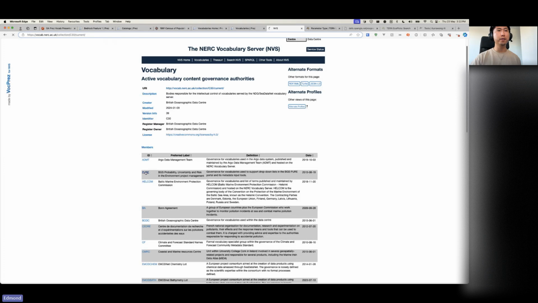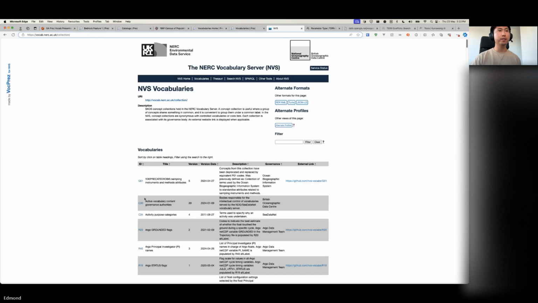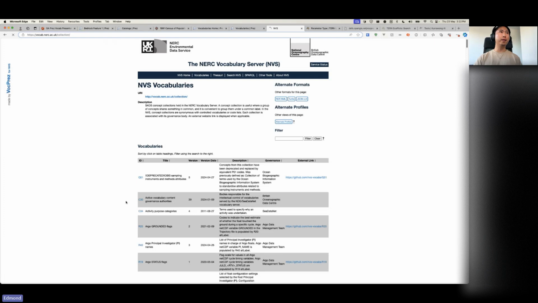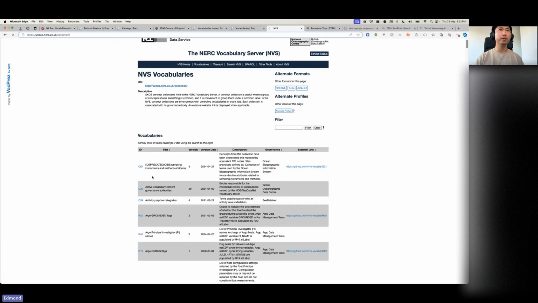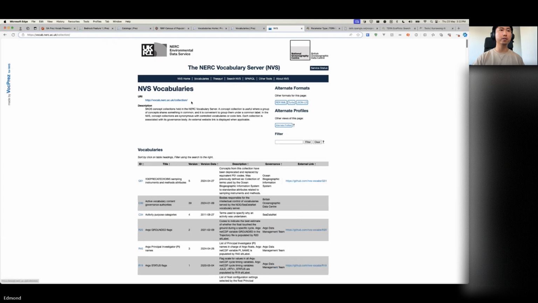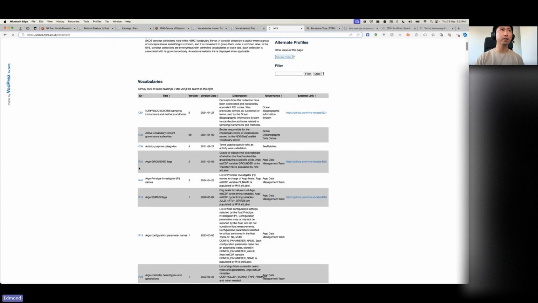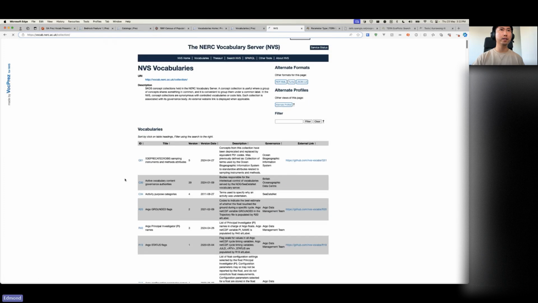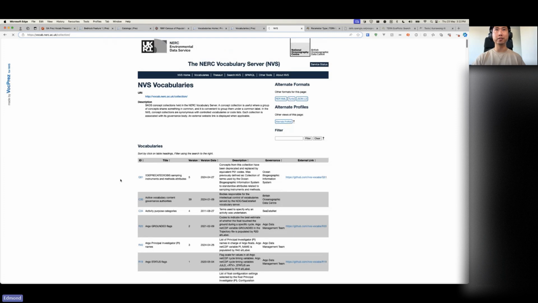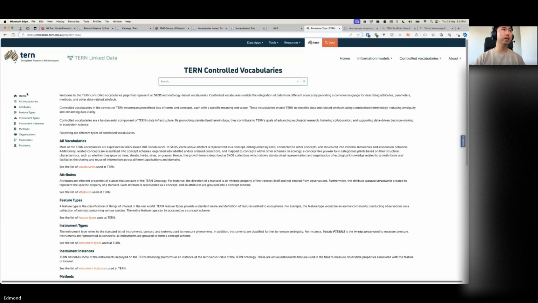Sorry, it's loading. I'll click on another one. As you go into it, rather than seeing a concept hierarchy, what they wanted was a table of concepts. So that's what we're seeing here. Sorry, if I load this one, will that work? Okay, maybe they're having some issues on their servers. We'll go to the next